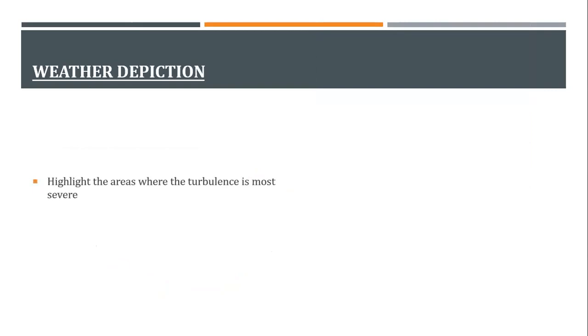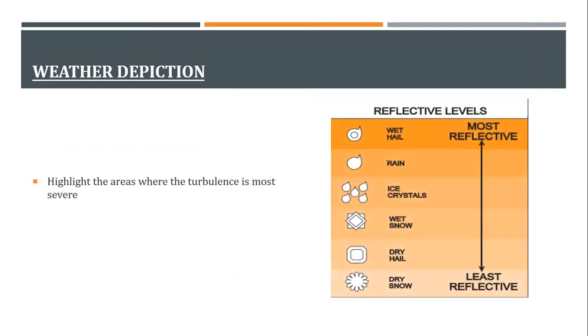As we were discussing what the colors are and all, that is what we're going to go through. You can see the most reflections from the radio waves are from wet hail. You need to understand why. Wet hail is like a solid snow particle, and it's like solid ice, not snow, ice. Rain is a little smaller particle, whereas ice crystals are so shaped that they can avoid the radio waves. And as we go down, the reflectivity reduces. In simple terms, the bigger the ice or the bigger the water droplet, the better the returns we get.